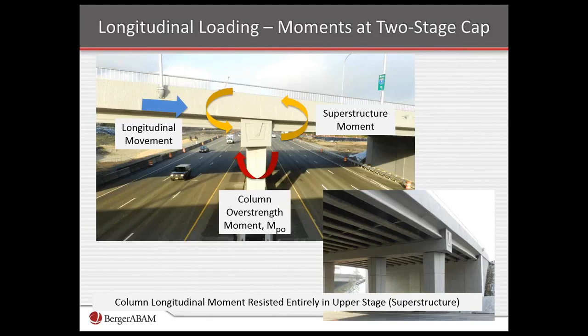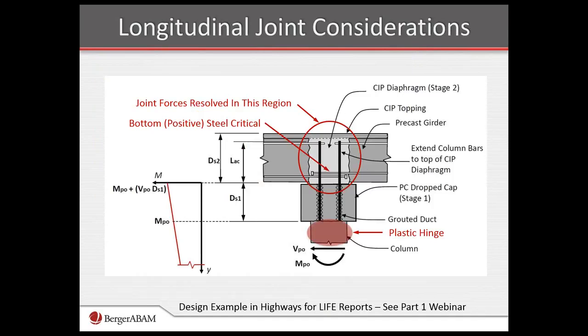So let's look at that in a cross-section here. You can see the entire configuration here. The plastic hinge is that red oval down at the base. The first stage drop cap, in this case, is transmitting those forces up to the intersection of the girders and the vertical projection of that cap beam. And it's in that center zone, where it says joint forces resolved in this region, that we've got to